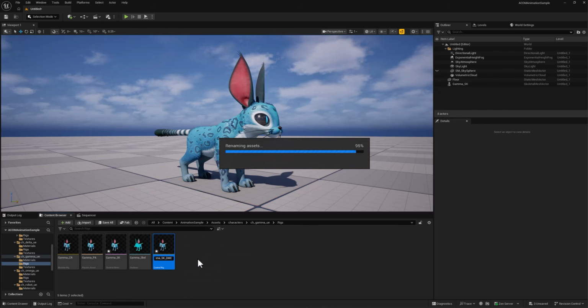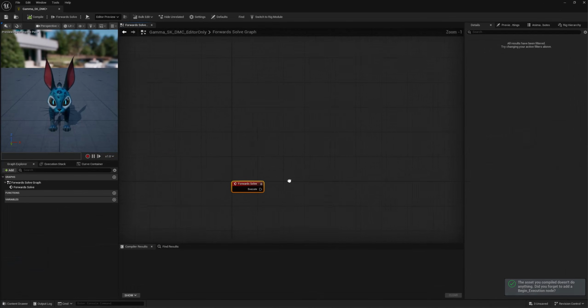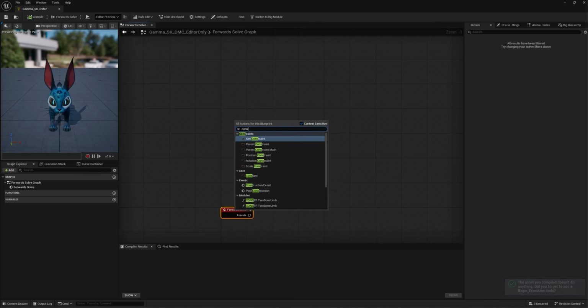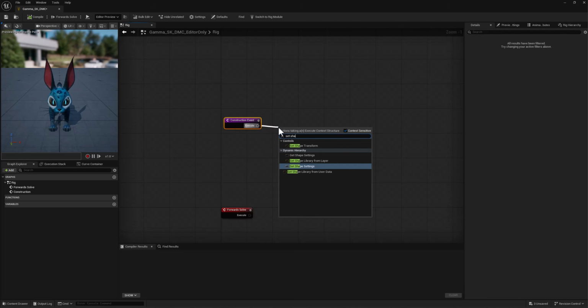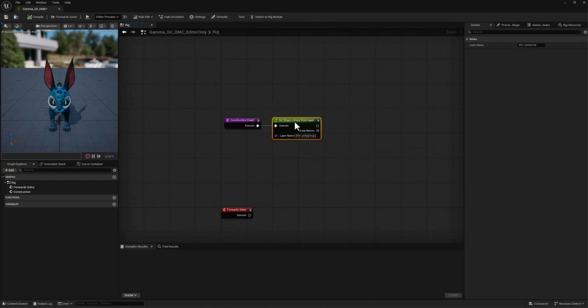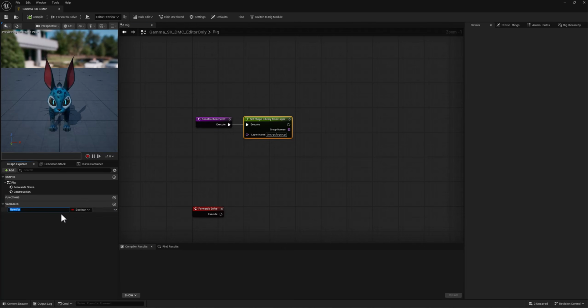This is going to be a really rudimentary setup where every polygroup gets its own control. I might make a second video with more complex setups and custom polygroups down the road. We'll start by adding our construction event and creating the set shape library from layer node. This is the node that takes all of our polygroups, creates the corresponding mesh shapes so that we can add